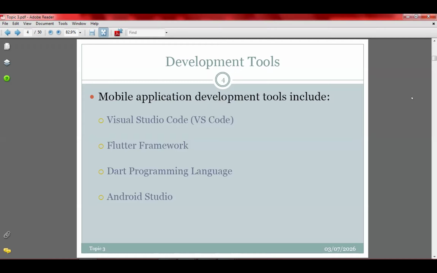The Dart programming language should always be there, and then you can decide to ignore the Visual Studio Code and do the programming in Android Studio. It is also allowed. So you can install only Android Studio and incorporate the Dart programming language in it. However, to make this easier, you are using all the 4. Any other questions so that I go on?